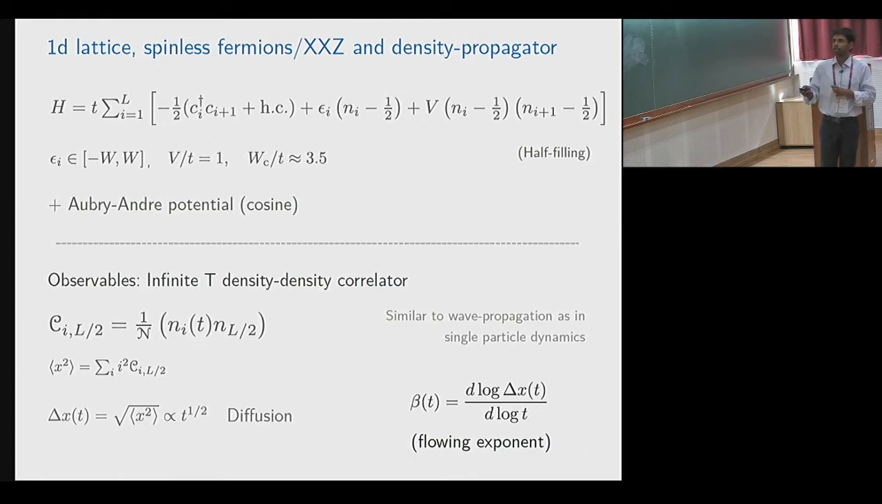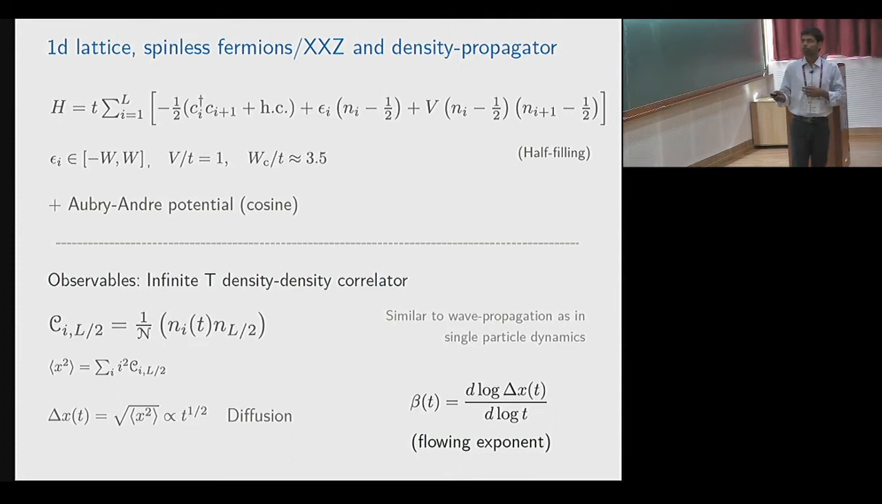Then if epsilon_i are chosen between minus W and W, with V equal to 1, it is believed that W_c is close to 3.5. But later at the end of the talk, you will see that this 3.5 may not be so accurate. Good. So in order to contrast whatever I'm going to do, I will also put,